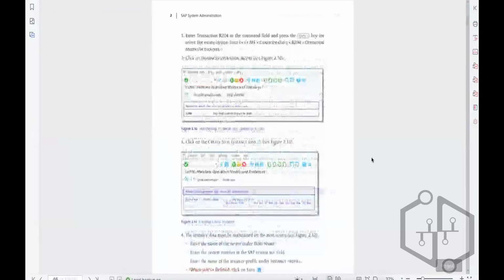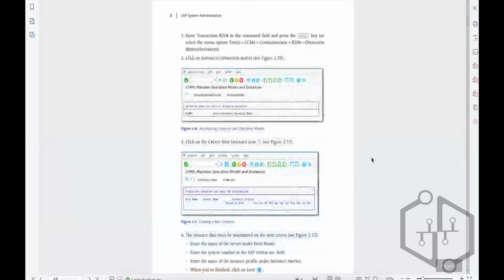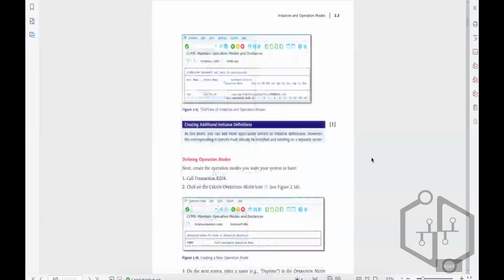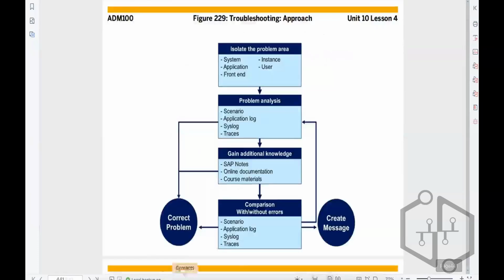Suppose there is a problem with a process. You can search here: where is the process, what is the directory, how to see it. Here, with screenshots, everything is mentioned. So you can refer to the documentation. Either you can refer to this book, or you can go to the site also,